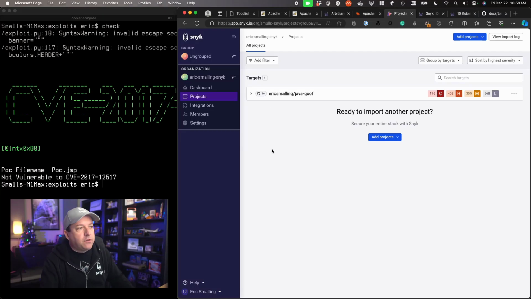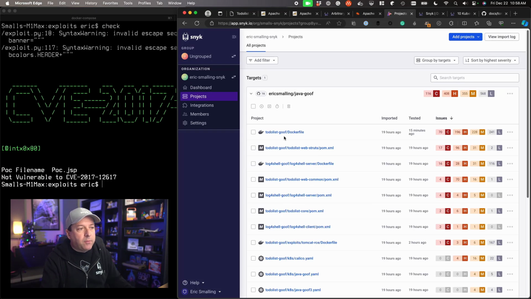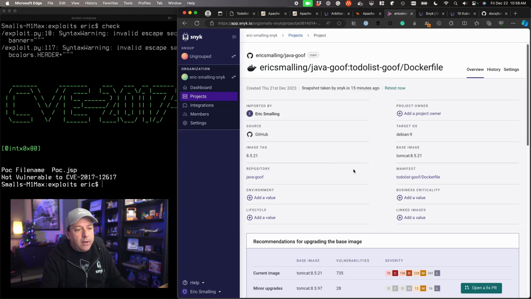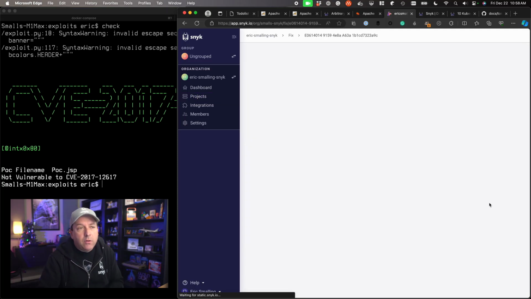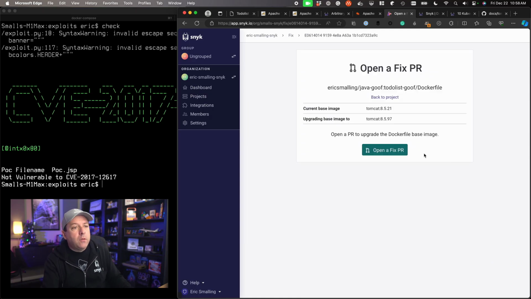Now, of course, you can plug this in anywhere. We also have the ability to monitor images. So every day we'll let you know if a new vulnerability has come up in an image you haven't even changed. We have the ability to latch into your source control. So for instance, I have the same project in GitHub already being scanned in my Snyk account, and I can see the Docker file here for the application, and it has similar information to what we saw originally because I've not checked in this change. Not only can it tell you, you can get an email in the morning when it says, hey, a new vulnerability is found and there's a better Docker file, as it says here. I could actually open a fix PR right from our tool.